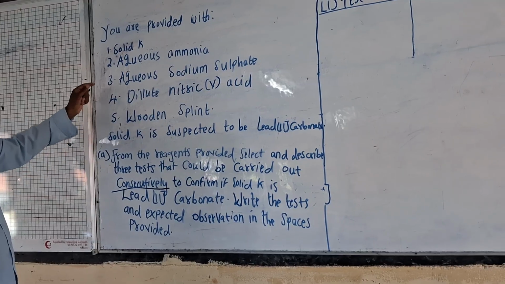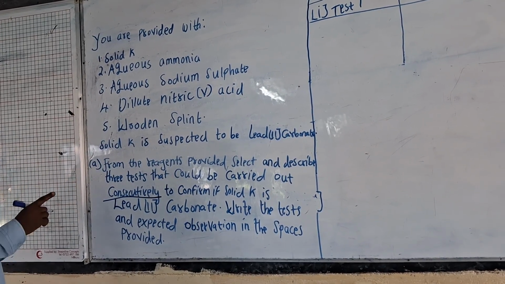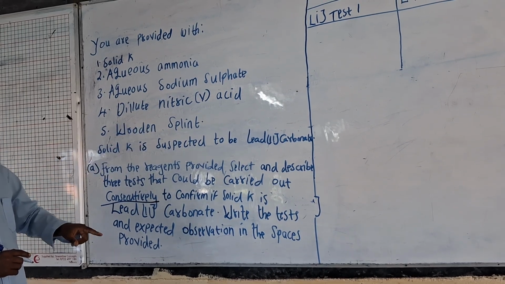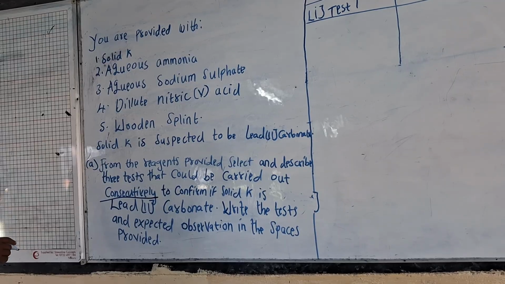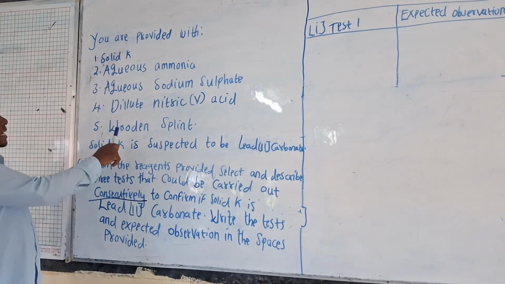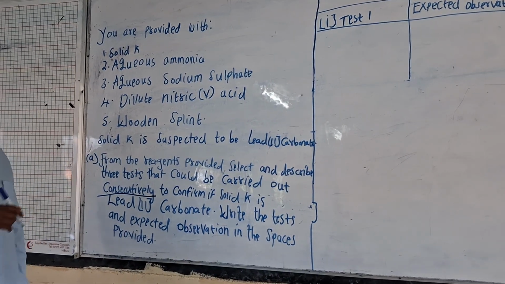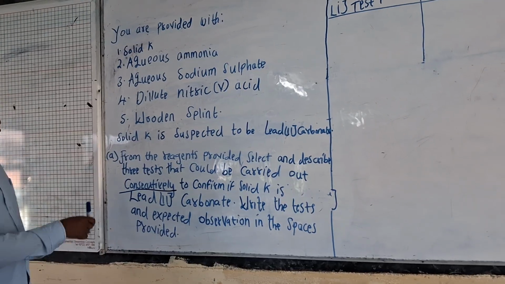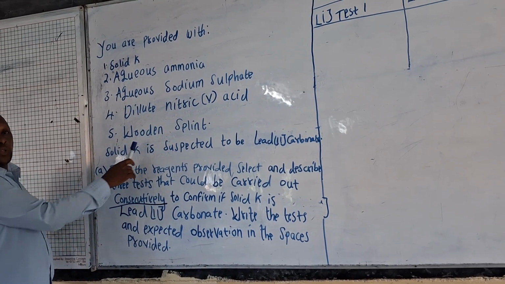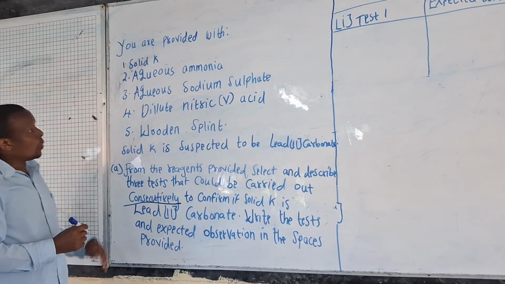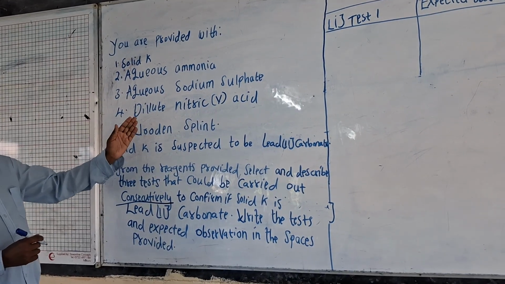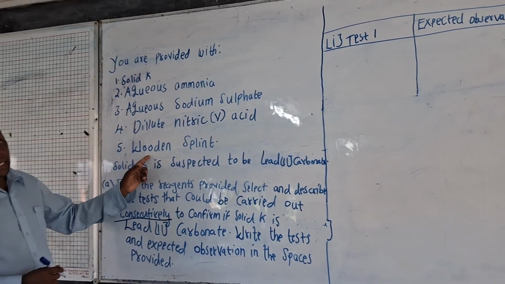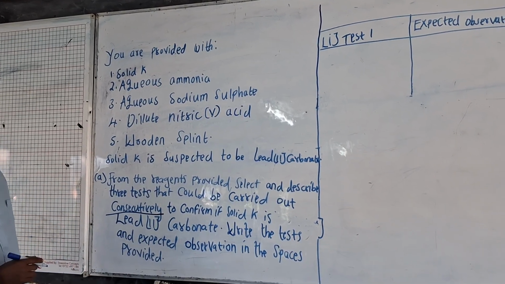So we have been told we are having lead(II) carbonate. What do we do to lead(II) carbonate so that it can dissolve? We add dilute nitric(V) acid. How much? We put lead(II) carbonate in excess, but dilute nitric(V) acid less, so that all the lead(II) carbonate dissolves. But we have a wooden splint. What's the function of the wooden splint? To test for any gases which are produced. When we react lead(II) carbonate with dilute nitric(V) acid, carbon(IV) oxide gas is produced, which extinguishes a burning splint. So how are we going to do that? We'll say,